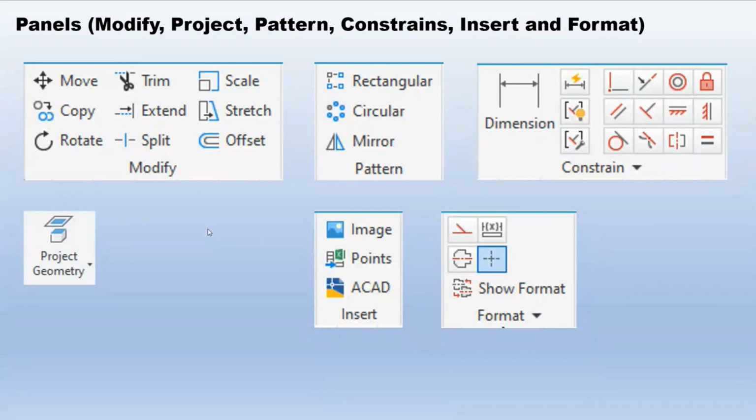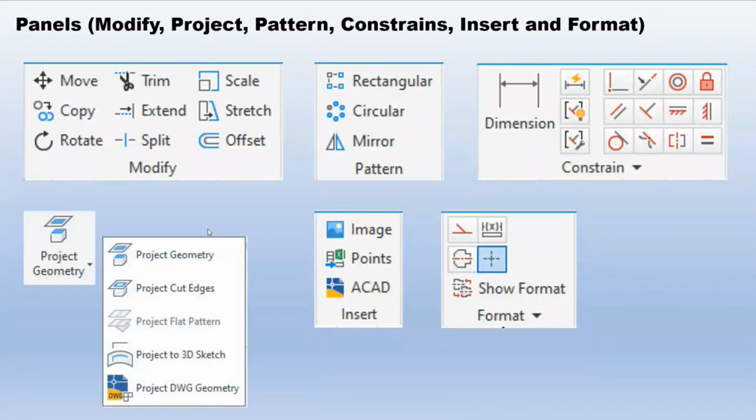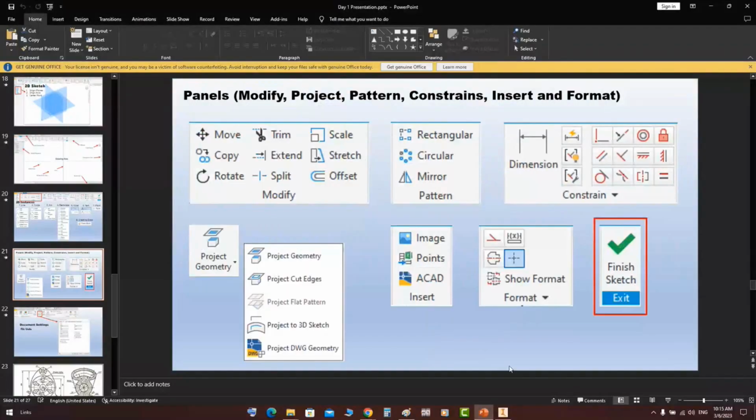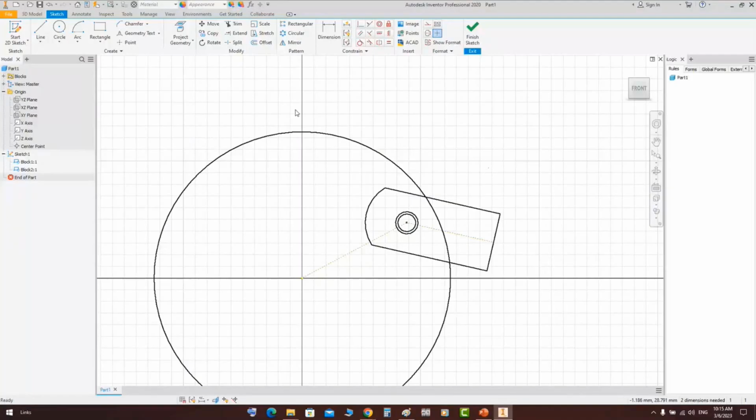After that, we will discuss the project geometry features. Actually, most of them are used after creating a 3D feature. Okay, some of them are used on sheet metal only, and we will discuss that in detail, inshallah. After creating a sketch, how we can finish the sketch and move to the next step. So let's come back to Autodesk Inventor, and let's close this part